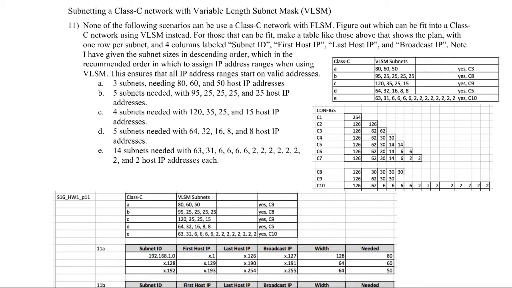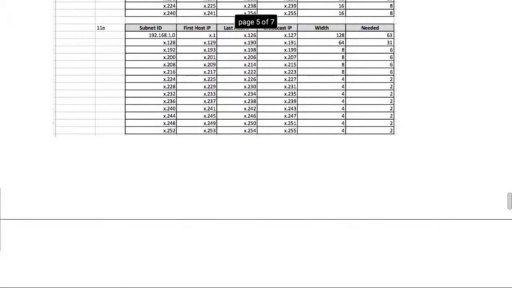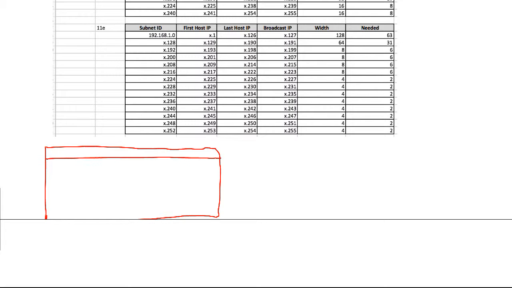That leaves us 8 bits with which to work to divide up into subnets and host addresses. And basically we've got 256 IP addresses that we can divide up into various size subnets. And the main idea here, if I can find a little bit of room to draw this picture, is that we're going to take a block of 256 IP addresses and we're going to divide it up